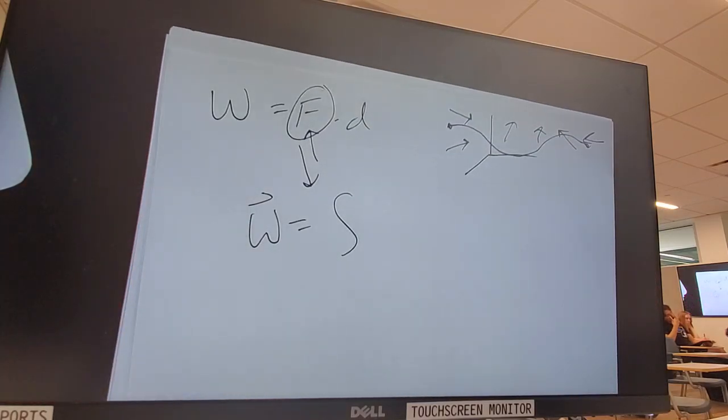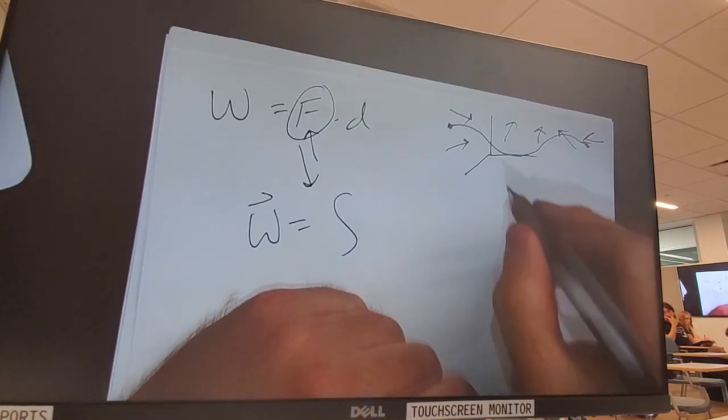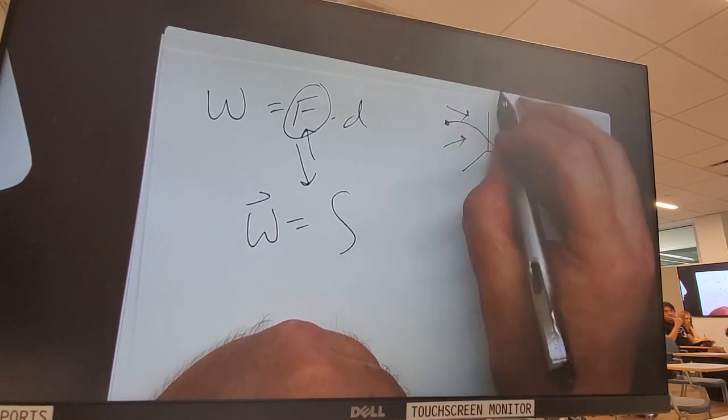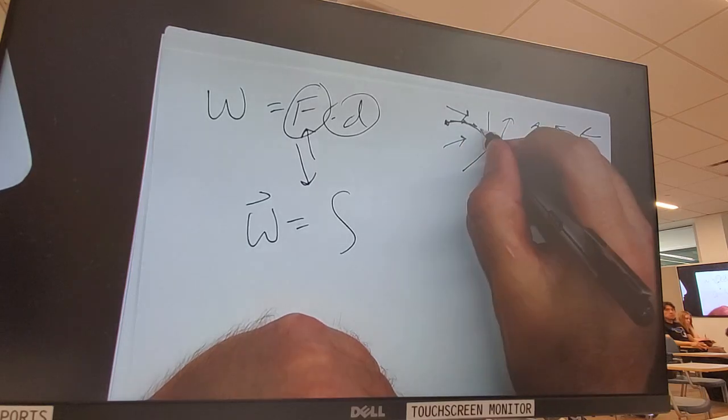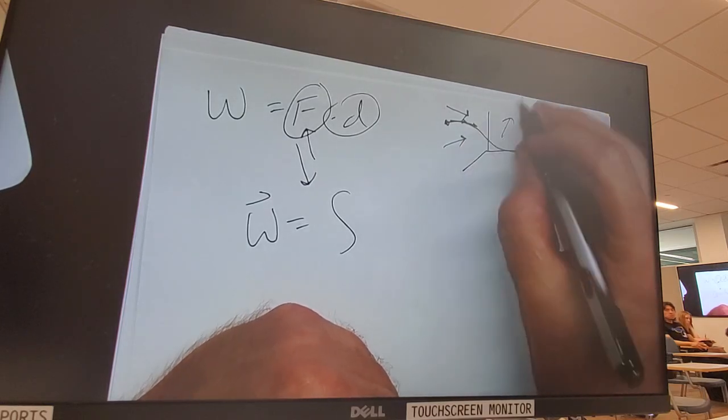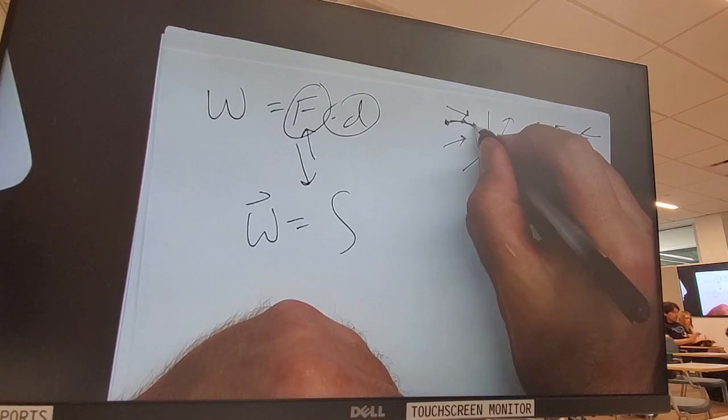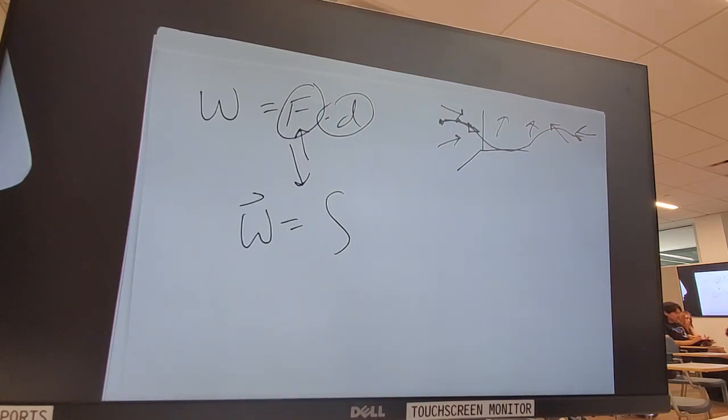What I want to do is pay attention not to my total motion, but to the components of my motion. The parts of my motion that are in the same direction as the flow are getting helped. The parts of my motion that are against the direction of that flow are getting harmed. I'm getting pushed back.